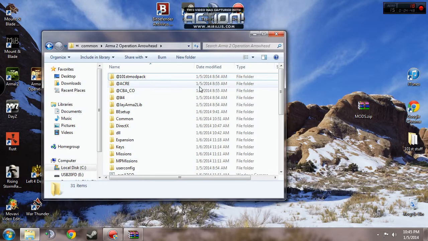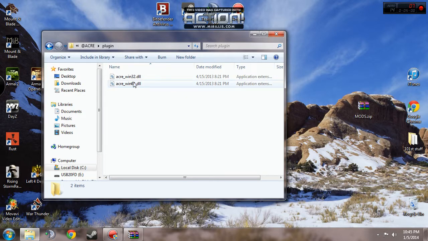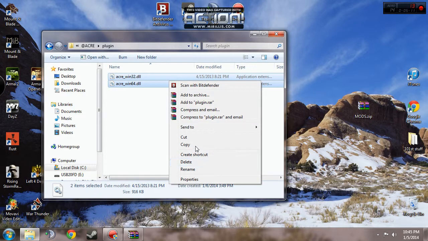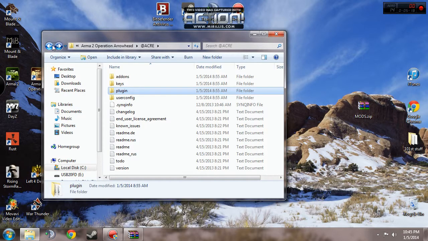Acre is really easy to install. You open up that one folder that you should have minimized and go to the Acre mod. Then there's going to be a plugins folder here. These plugins, the 32 and 64, stand for a 32-bit operating system and a 64-bit operating system. So you can take them both and just copy them both here, and I recommend doing that because it just makes sure that you got both of the files, and then you're going to go back until you get to